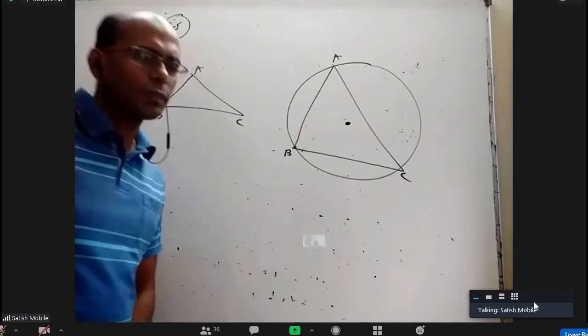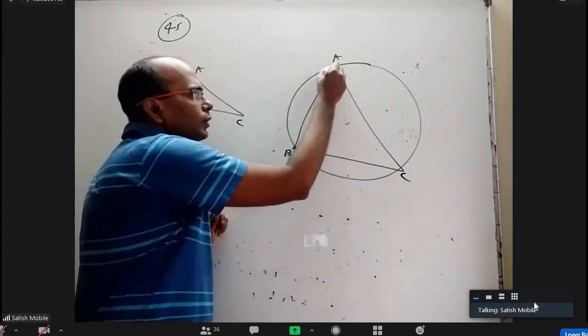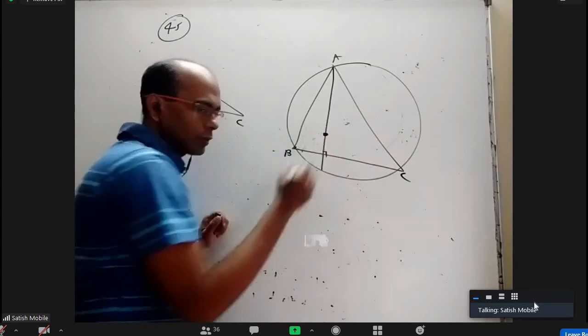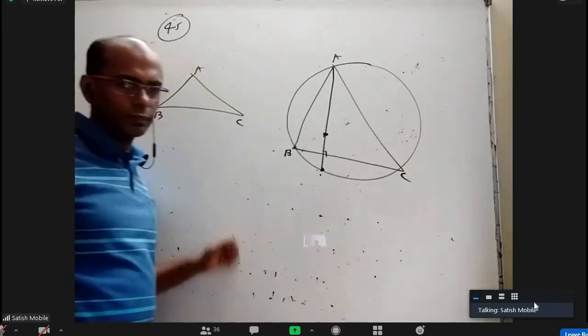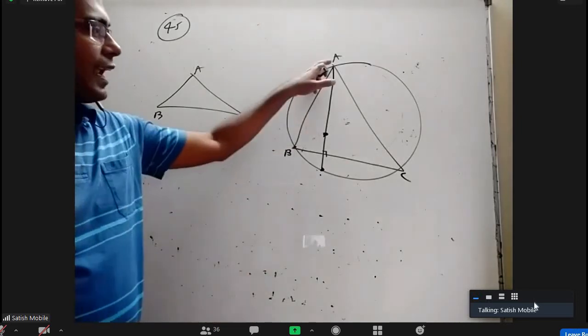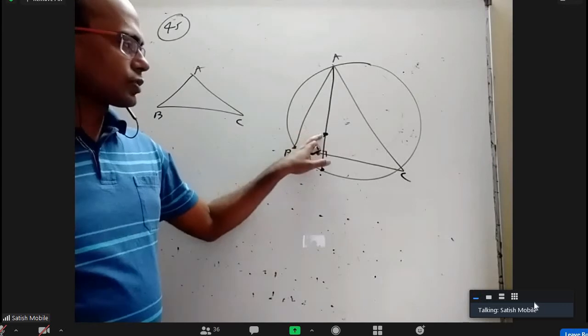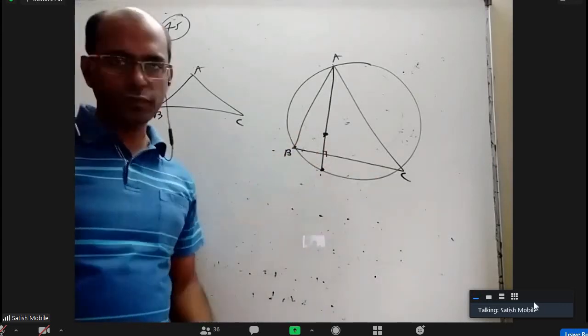Okay, anyway, there is one simple theorem we might have done in first year, but we do not use it very often. You draw the altitude here, and the orthocenter will be there, no? The orthocenter and the point where the altitude meets the circumcircle are mirror images of each other with respect to BC. BC is the perpendicular bisector of them.